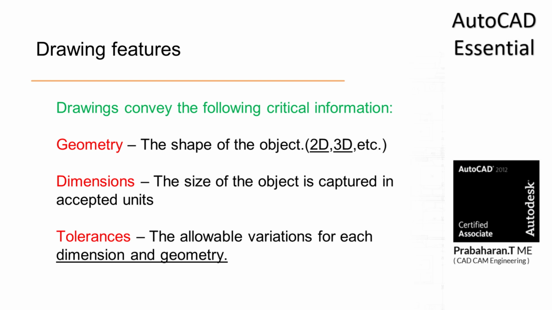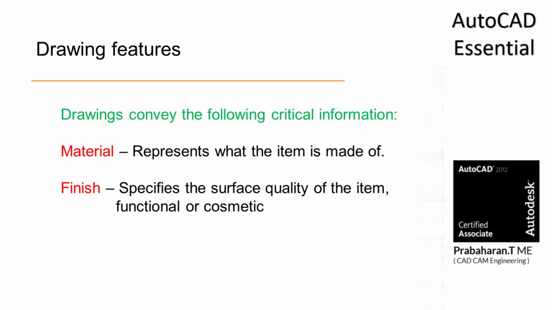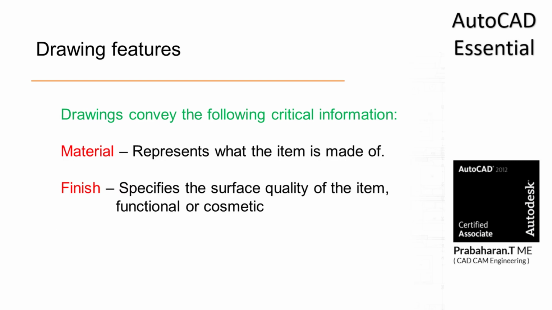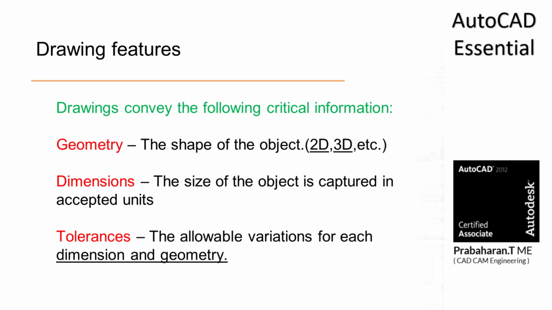Then the important information on the engineering drawing is the material specification. For each product, what material it needs to be manufactured from, and the surface finishing, whether we need to go for a smooth surface finish or a rough surface finish. This information should be there in all engineering drawings so that we can say those drawings are perfect engineering drawings. So as of now we have discussed how to create the geometry. Now we are going to discuss how to bring the information onto the geometry. It is called dimensions.